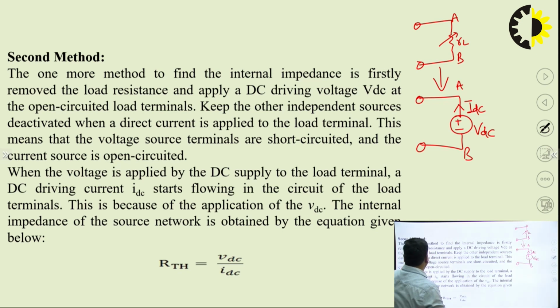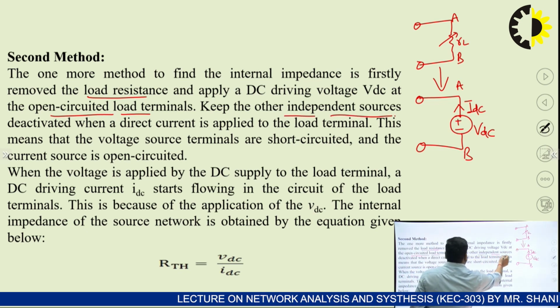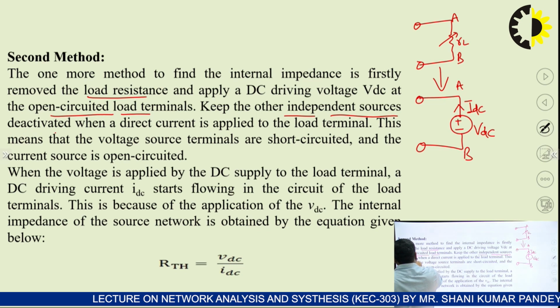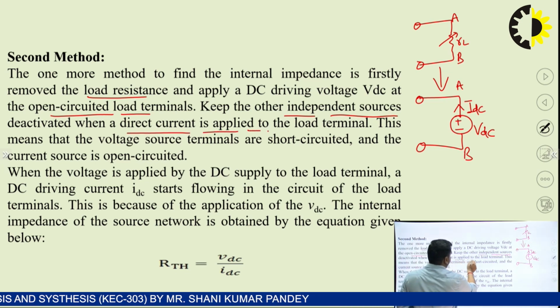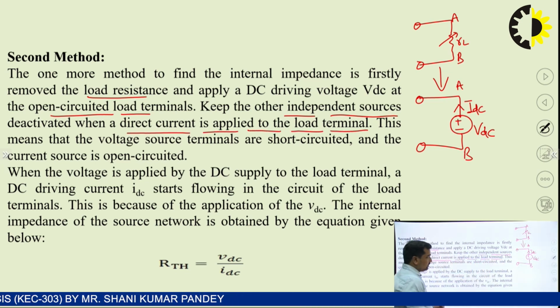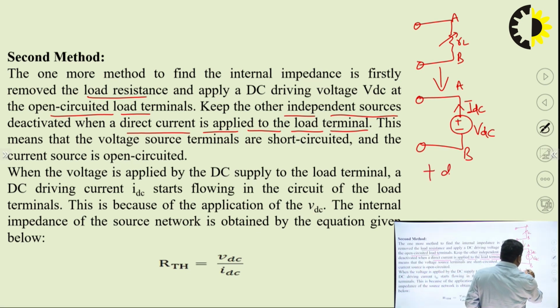So as one more method to find the internal impedance, firstly remove the load resistance. We have removed that particular load resistance RL and apply a DC driving voltage VDC at the open circuit load terminals. Keep the other independent sources deactivated. Okay, when a direct current is applied to the load terminal, in this case we have to, in addition to this one, also deactivate